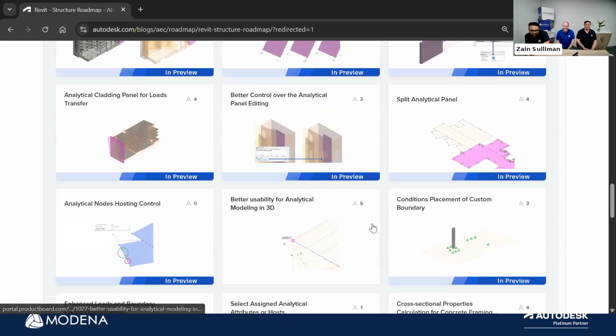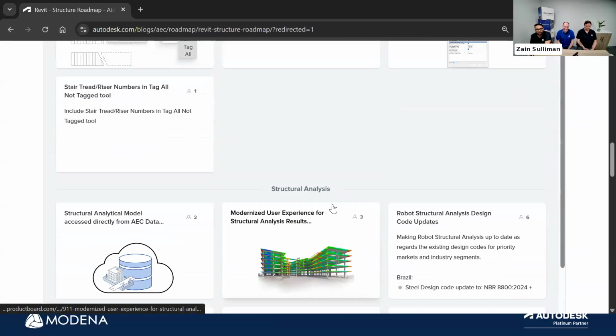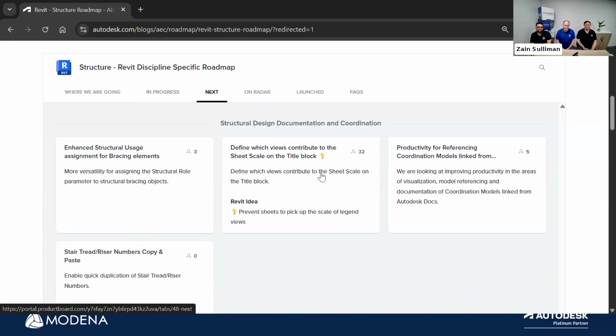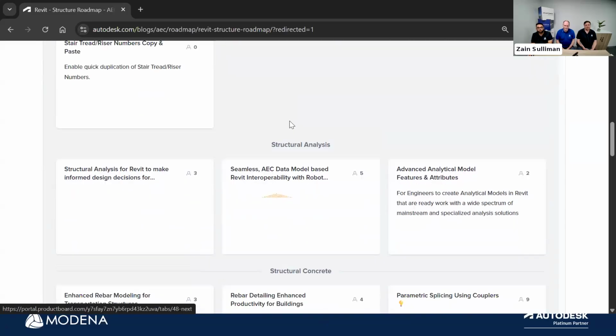If you want everything, just put everything as critical. All right. Do it twice. If you have multiple accounts, sign in. All right, then we have the next feature, which is just things that they are going to work on